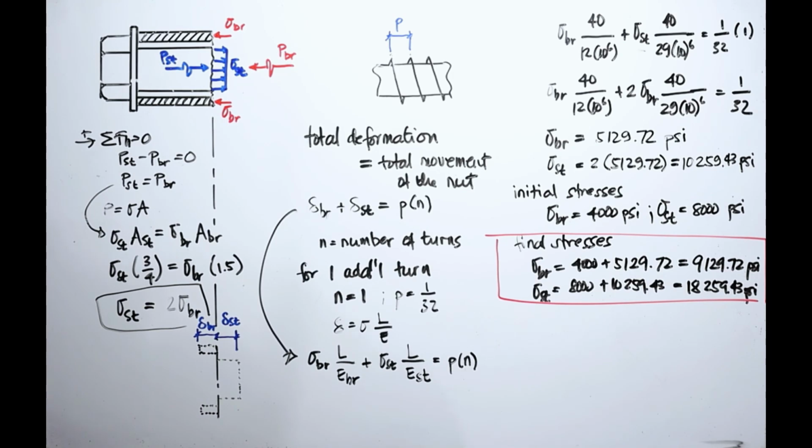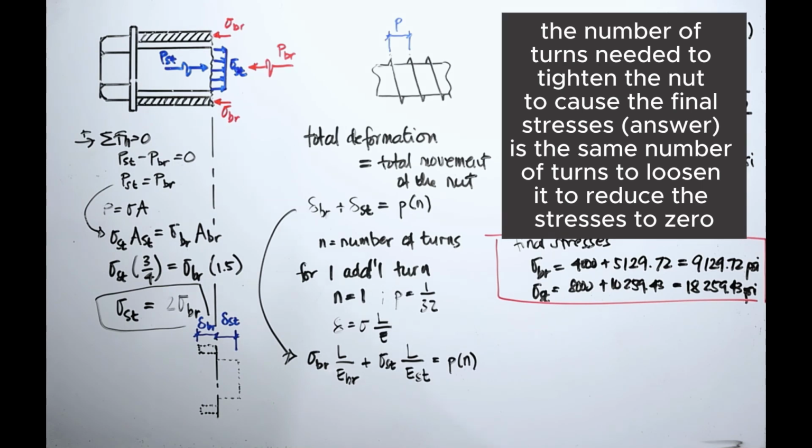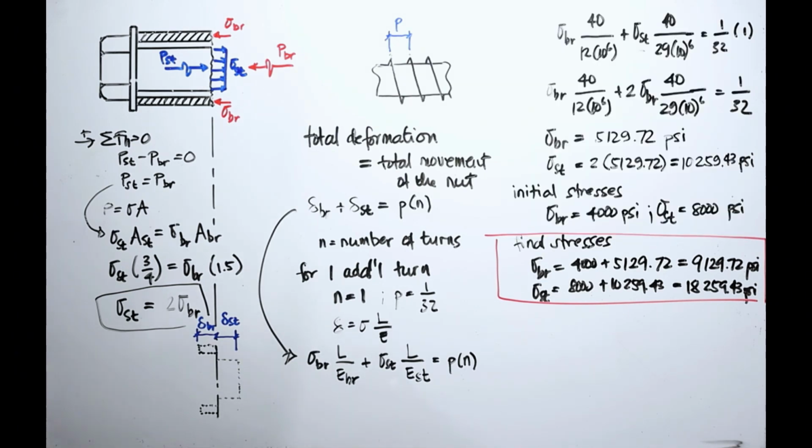The next question is to find the number of turns necessary to reduce the stresses to 0. Okay, so we are going to loosen the nut until the stress for both the steel and the bronze equals 0. So going back to this equation here, we know now that the stress is 9,129 and for steel it's 18,259. If we substitute these values here, we get